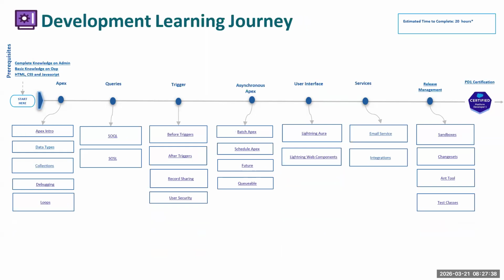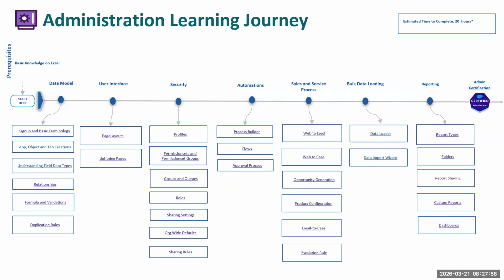Then comes your development. So, what is the prerequisite for development? First thing, you have to have full-fledged knowledge of admin, which means, unlike any other technology, I can't say that I want to be a developer without knowing admin. That's not possible. Because instead of calling it an admin journey, I would call it a low code journey or no code journey. Because here we won't write any code, we won't use any coding languages. All we are going to use is the business logics, point and clicks, right? If you know the pseudo codes of your requirement, the solutions, right?